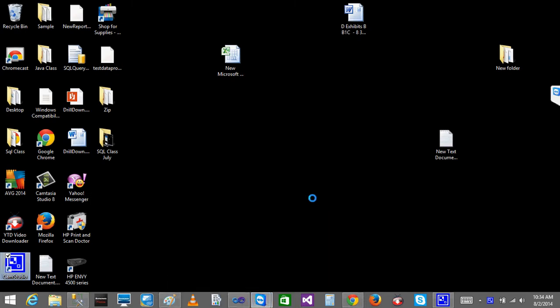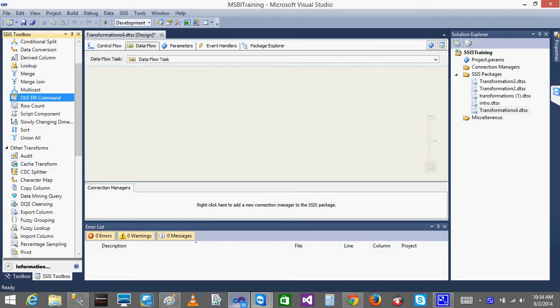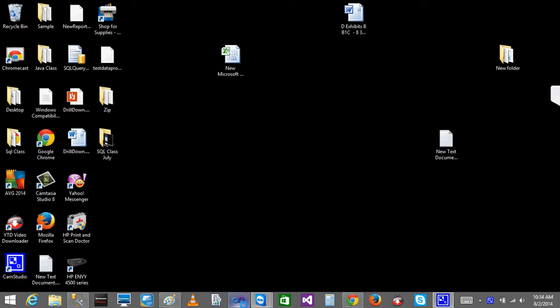SSIS. Basically, why we use the OLEDB command and what is necessary for that. In order to use the OLEDB command, we'll go with one scenario. Have you seen in the previous T-SQL test 3, we implemented one thing in the stored procedure, like how we pass one record to the stored procedure. If that record is there in the table, you are going to update all the other columns. If the record is not there, you are going to insert the data.